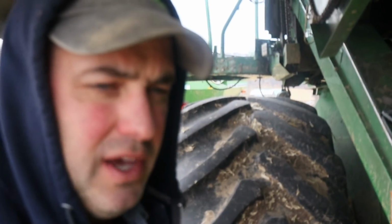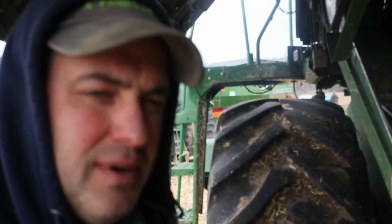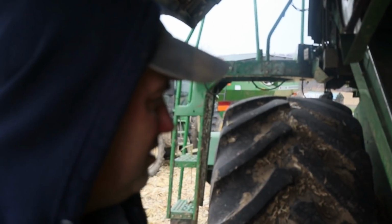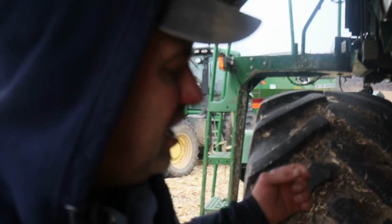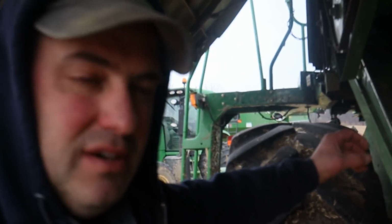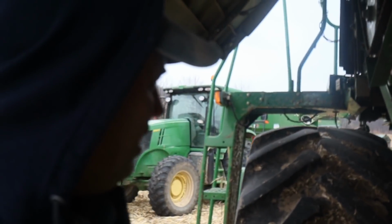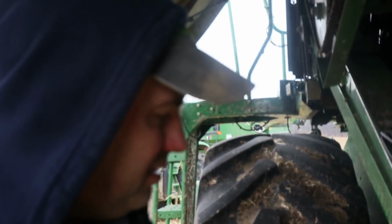Now, yesterday we had a perfect day. We were able to get started at a normal time, and we didn't have any issues all day. So we run into these problems from time to time. Saturday morning we didn't get this thing going until about noon time. It had snowed on Friday afternoon, and we kept combining, and then once we ran enough corn through it, it ended up plugging up the sieve. And of course I didn't do anything about it till the next morning, and the shoe augers were froze. So we're gonna have a little setback today, but at least we got going at a decent time yesterday,